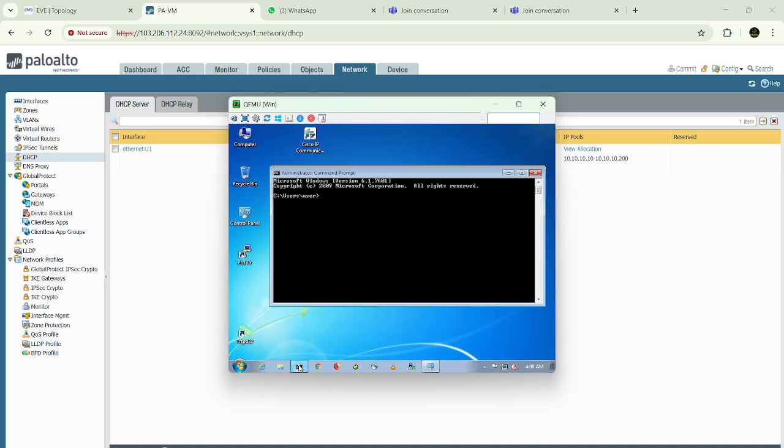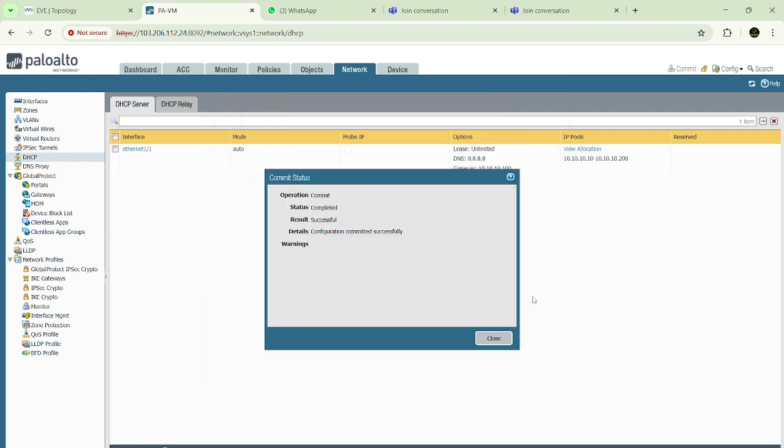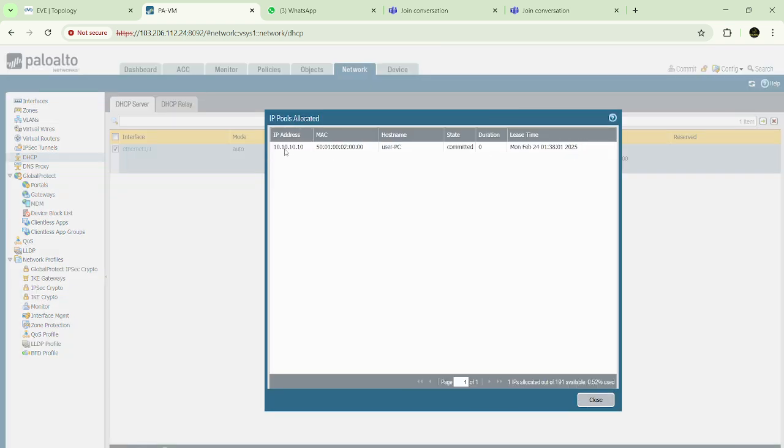Let's check. I think if you see here, we also got the internet access as well. Show IP. Sorry, this is a Windows machine, so ipconfig. Okay. See here, I got an IP address 10.10.10, and if you go to view allocations on the DHCP server, see here the IP address 10.10.10 is allocated to the MAC address of this PC, and the